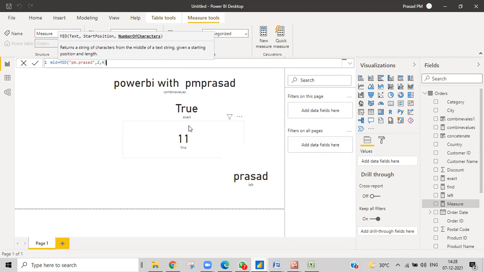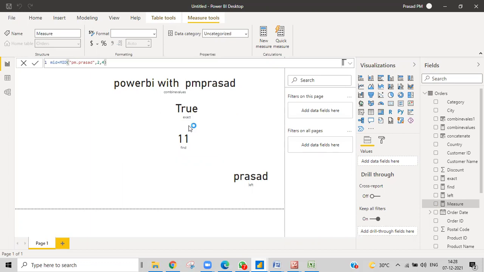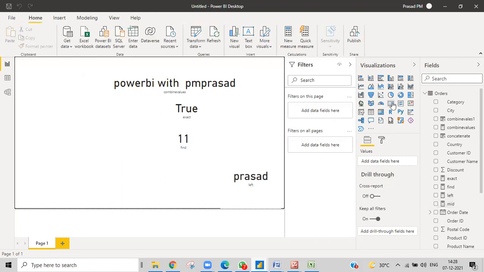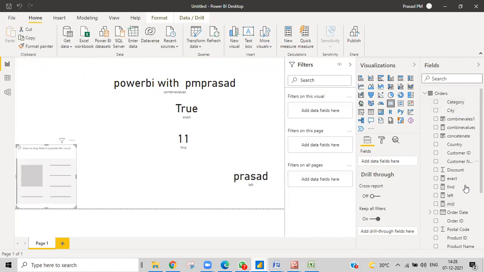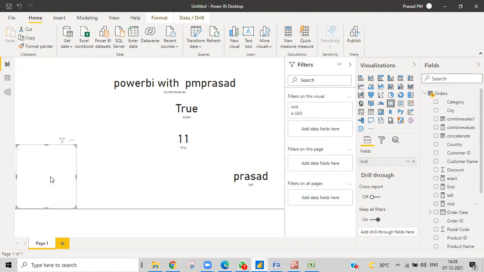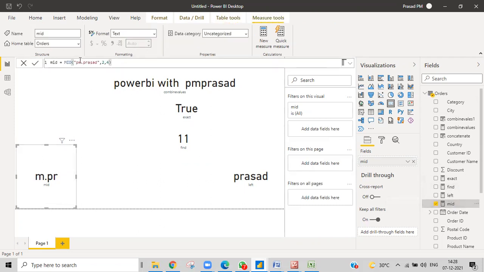First of all, let me start with this 4, and then I'll explain. Not an issue. Even if 8, I can give you. See, from the second position, 4 characters: 1, M, 2, 3, 4. Dot is also a character over here. If you want to give 8, obviously, no issues.